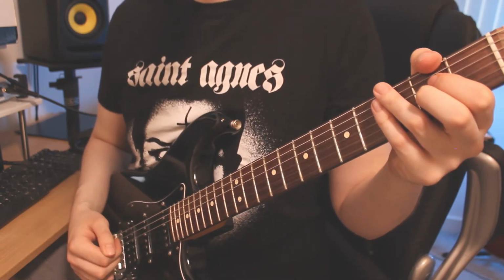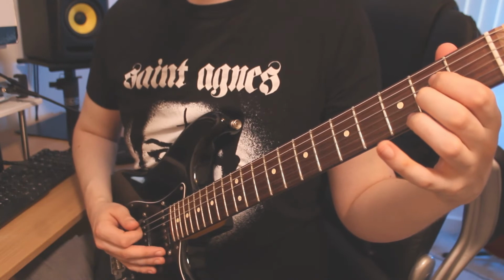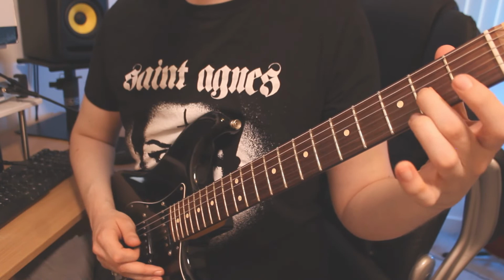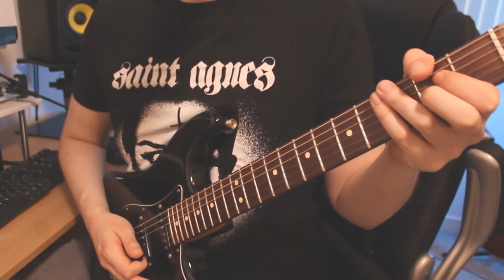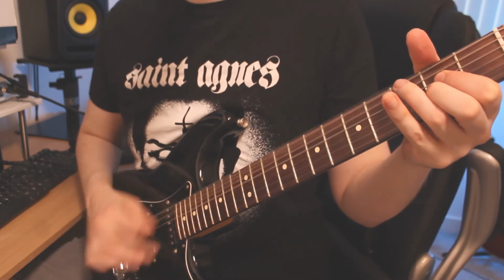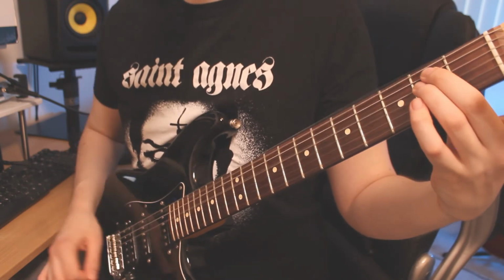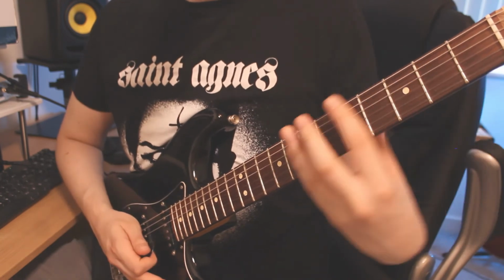So we're starting off with this variation on an A power chord. So it's an A power chord with a low E string added. So E, A, and then 2nd fret on the D and G. And you're going to do this rhythm. Okay. And then it goes to an E power chord, an F power chord,